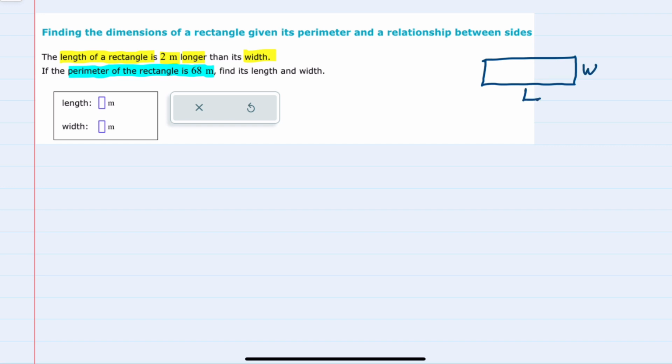its measures, and the perimeter, the distance around, sees 2 lengths and 2 widths being added, so twice the length plus twice the width. This will be our formula. Perimeter equals 2 times length plus 2 times width. And we've already been told in the second sentence that the perimeter of the rectangle is 68, so I can